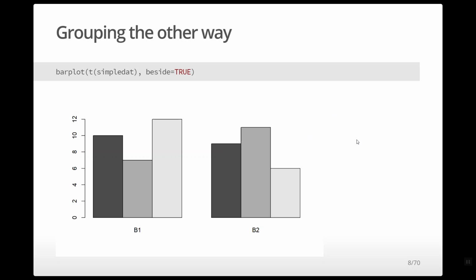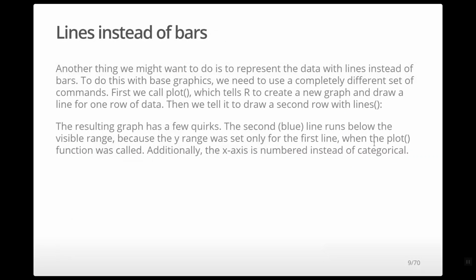It can be a frustrating experience making legends, and we haven't included any commands to make a legend with base graphics, but that's probably something we would need to include so that we can tell the difference between the black, the gray, and the light gray bars here, okay? All right, and so,